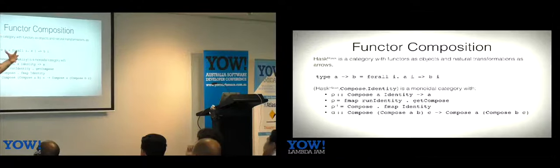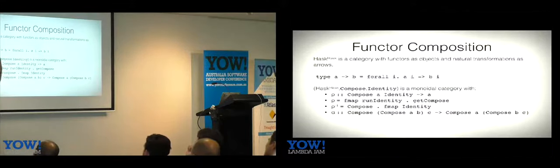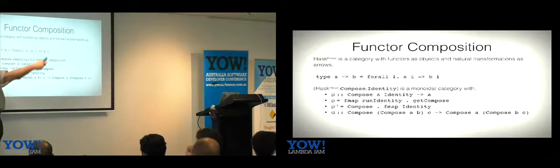So we had a category which was the category of Haskell data types, right? And where our types were our objects and our arrows were just functions. And here what we want is the category where our functors from Haskell to Haskell are our objects,